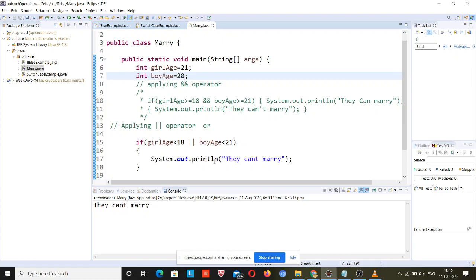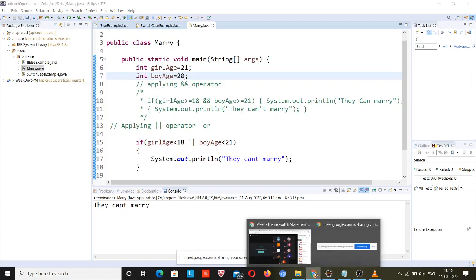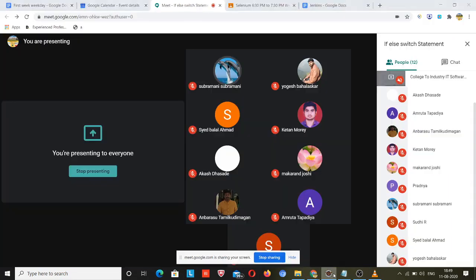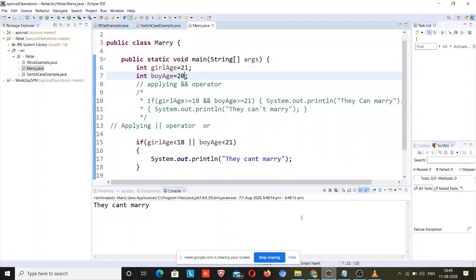So Sudhir, please unmute yourself and you can reply. If the age of the boy is less than 21 and the age of the girl is less than 20. I just want to know what the output will be, if you can debug it and answer it.